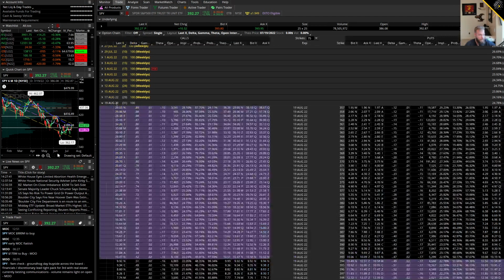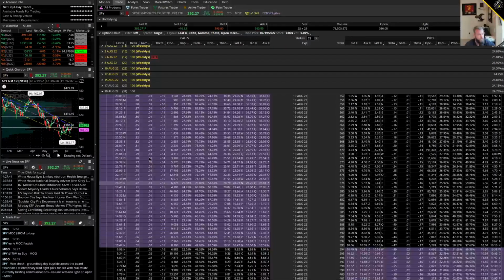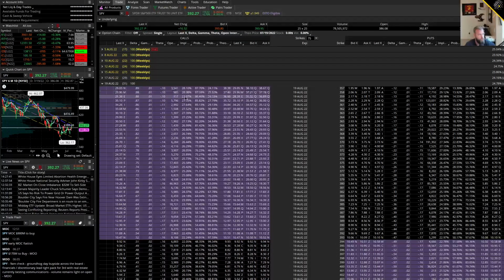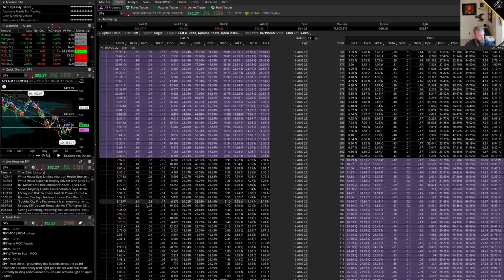If we go back into the 19 August and we look at the call side, and let's find a 12 delta call. So that would put us out here. The 12 delta call implied volatility is 18.51%. So what you're seeing is the same delta out of the money option for calls and puts is different,